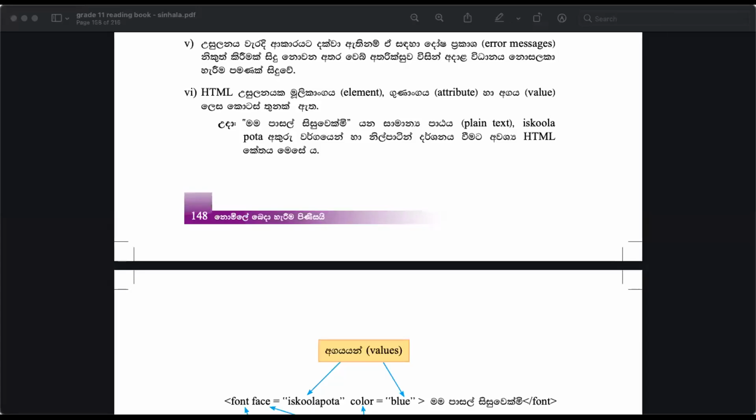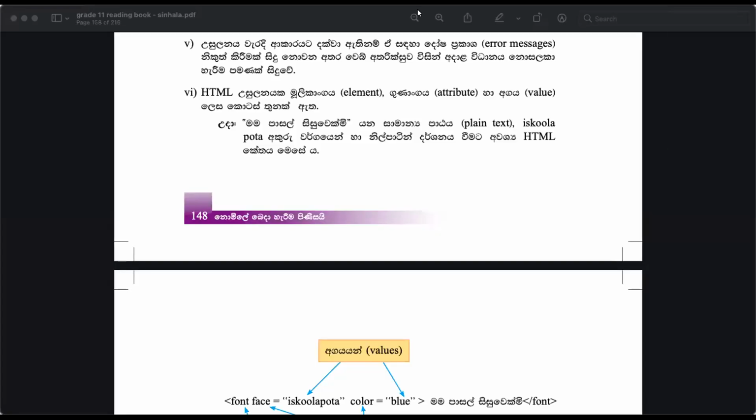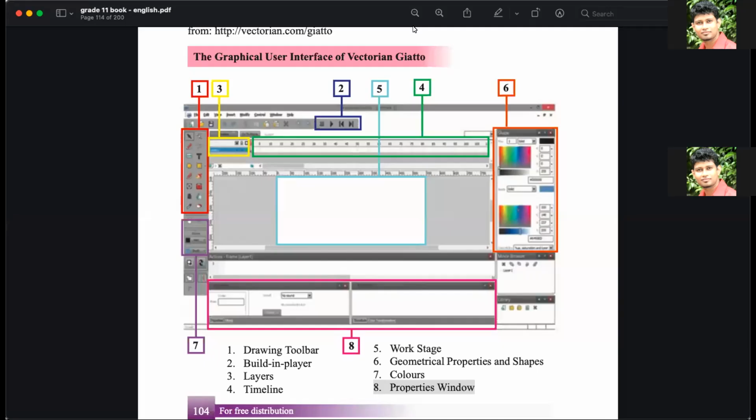Okay, so let me share the document or the book. Right now you can see this is what? I think you are not seeing the exact... So, can you see it now? Still the Sinhala medium book. Sorry. Why? What's happening over there? Can you see it now? I think yes. Right? Okay.